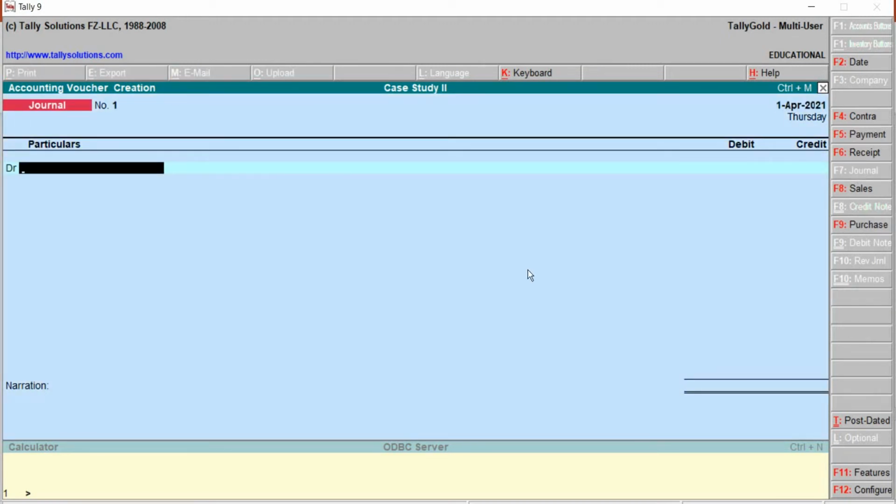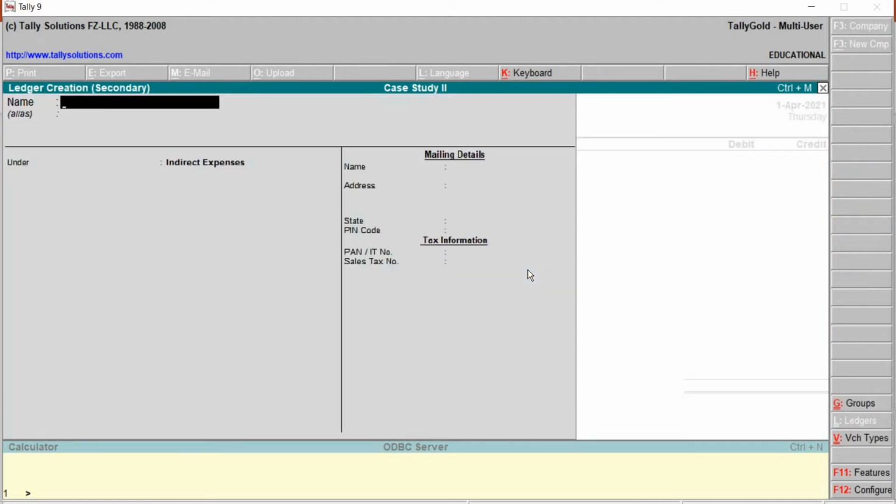Then what is debit here? Typewriter account has to be created here. To create this one, just press here Alt C. Typewriter account.